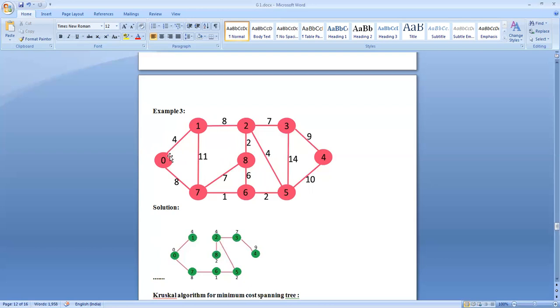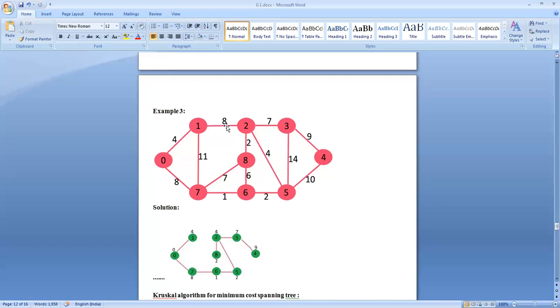Among this 4 and 8, which is minimum? 4 is minimum. So first of all, I select this one. Then from 1, there is an edge with weight value of 8, and from 0 also, there is an edge with weight value of 8.